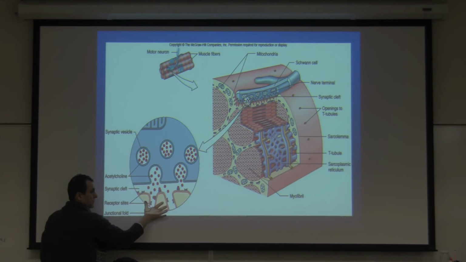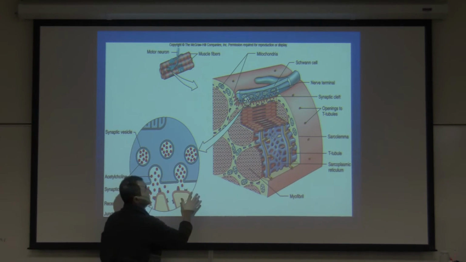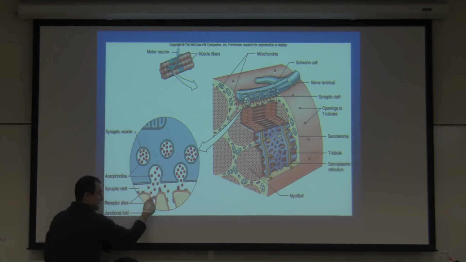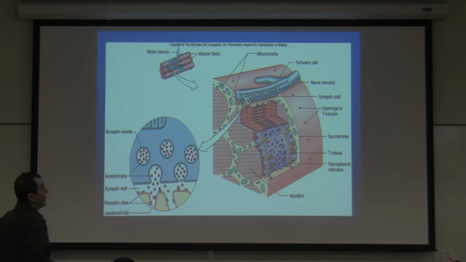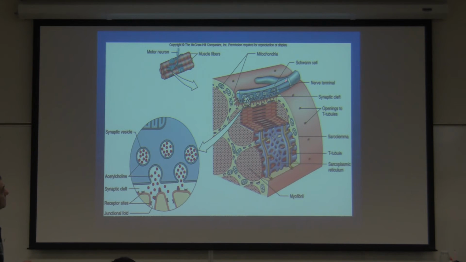I will not mention T-tubules, as that would be too much information. Acetylcholine goes to the muscle and causes sodium to get into the muscle cells. When sodium rushes into muscle cells, the sarcoplasmic reticulum, which has calcium inside of it, releases calcium because there is abundant sodium inside of the muscle cell. Now you have an action potential in the muscle cell. I hope I'm making some sense.